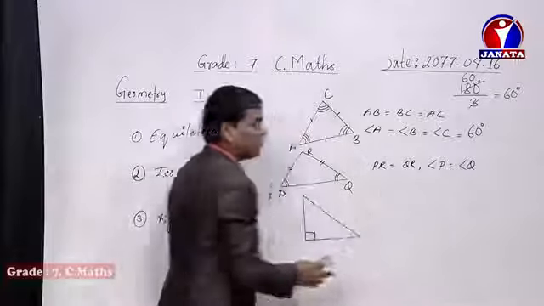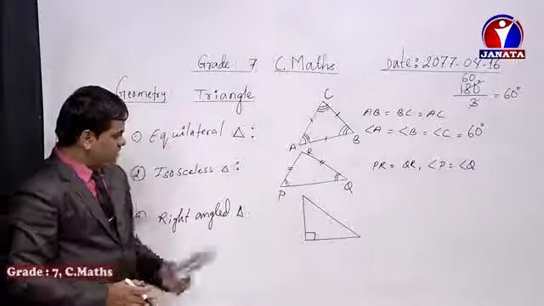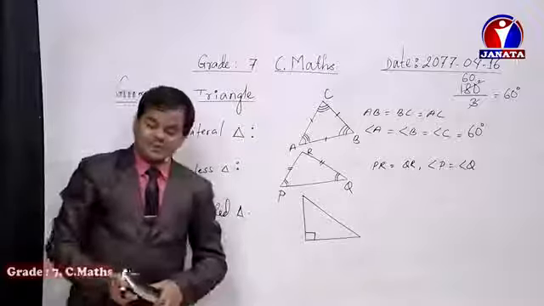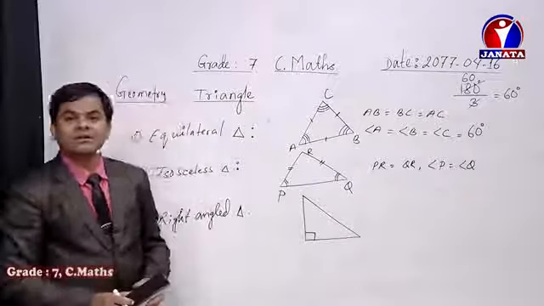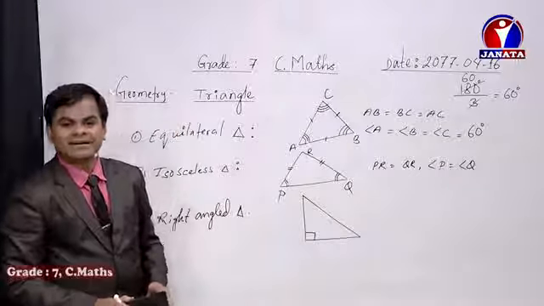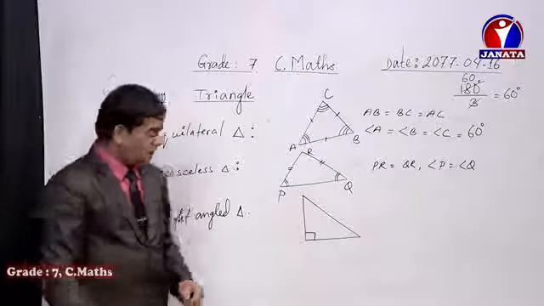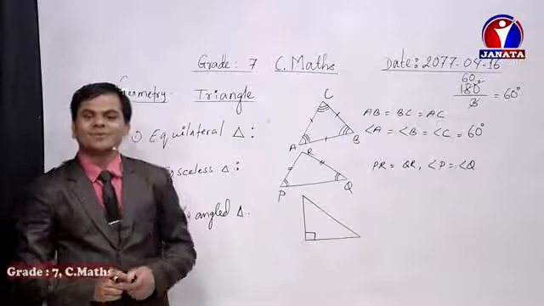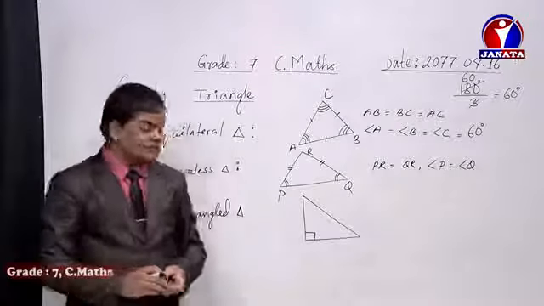That is the symbol of 90 degree. So this one is the right angle triangle. And dear friends, when we speak about the right angle triangle, the three sides should be known as perpendicular, base and hypotenuse. Which among those three sides is hypotenuse, which one is perpendicular and base, we need to